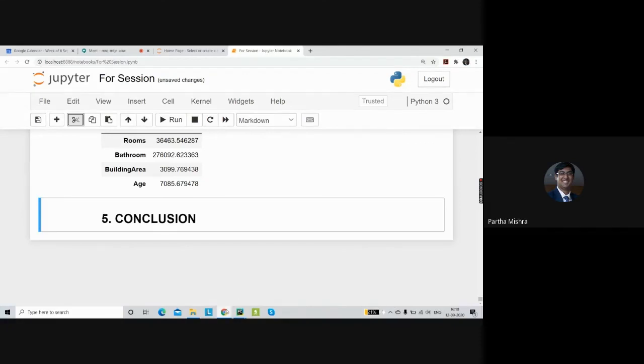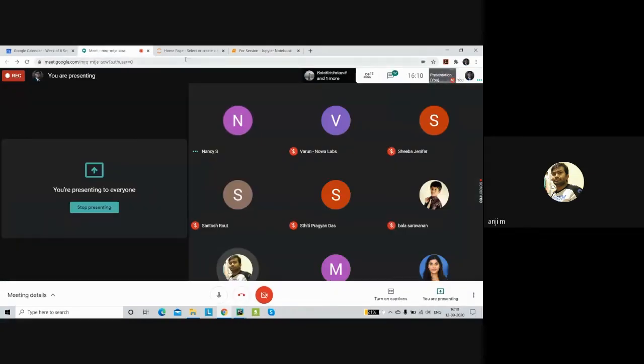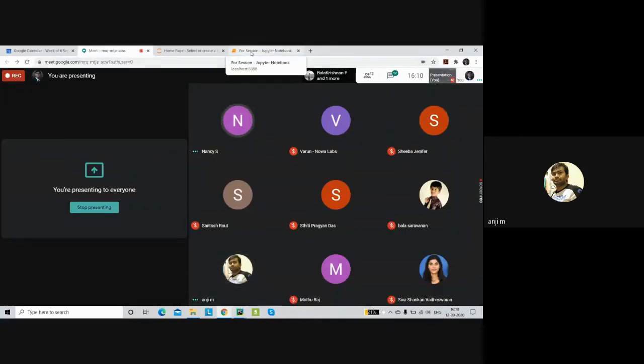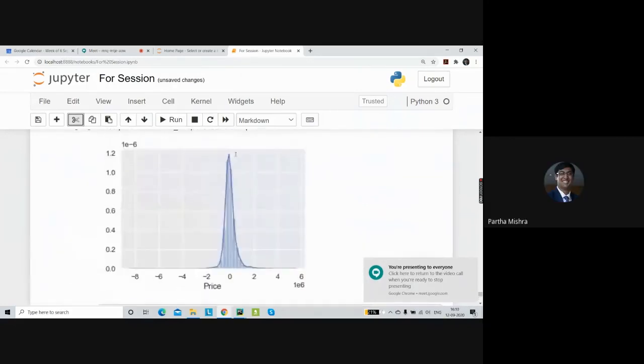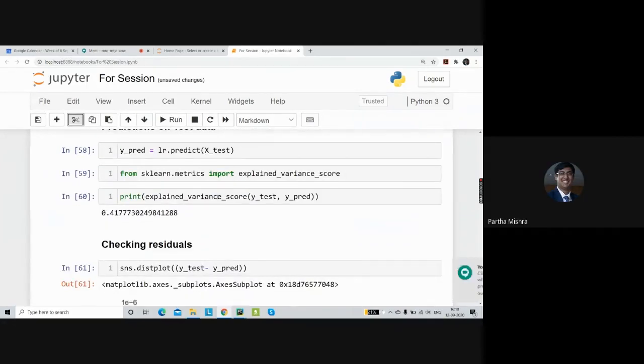Hello. Yes, some models use coefficient and variance, right? Can you explain what exactly coefficient and variance are? A variance, you're referring to this particular explained variance score.